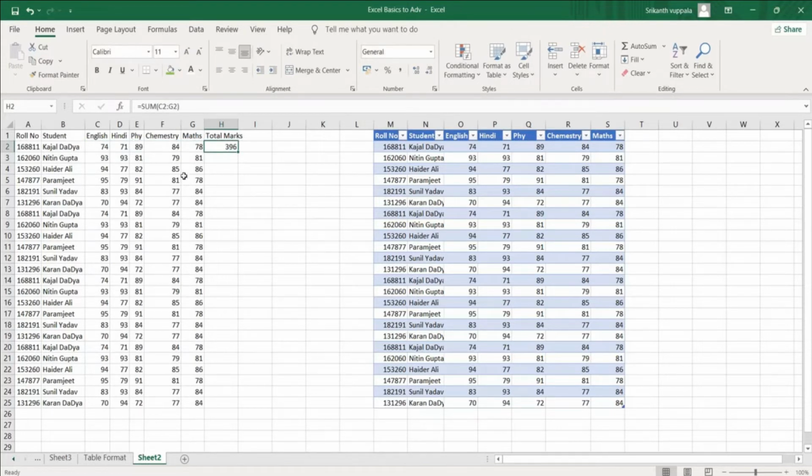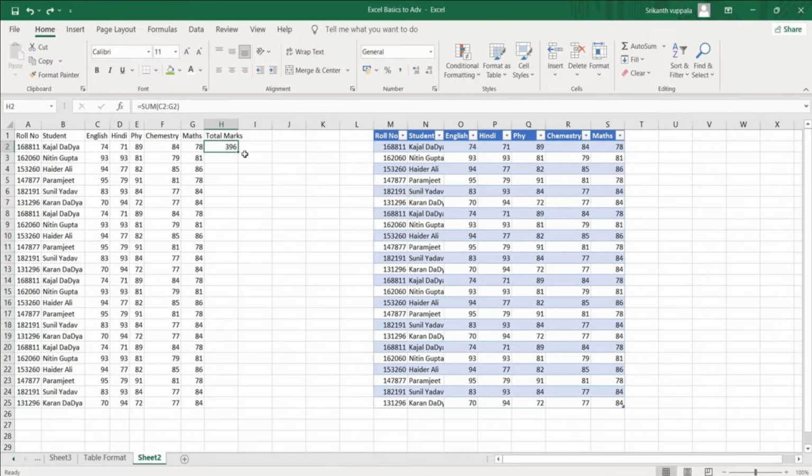So if I want to see the total marks of all the students, what I'll do, either I will click here, or else I'll select all the cells and use Ctrl D. So if someone knows this shortcut of clicking here, that is well and good.